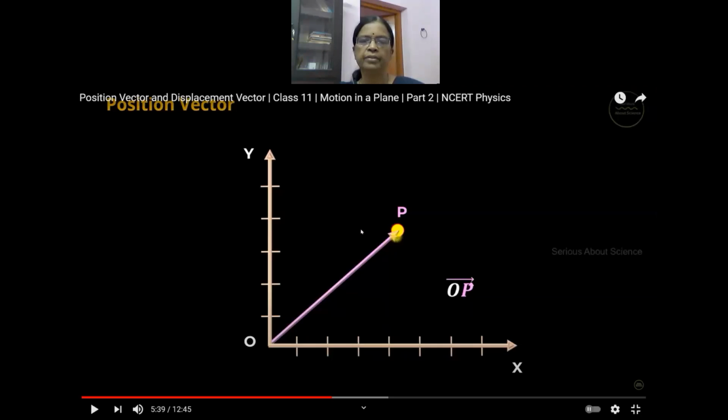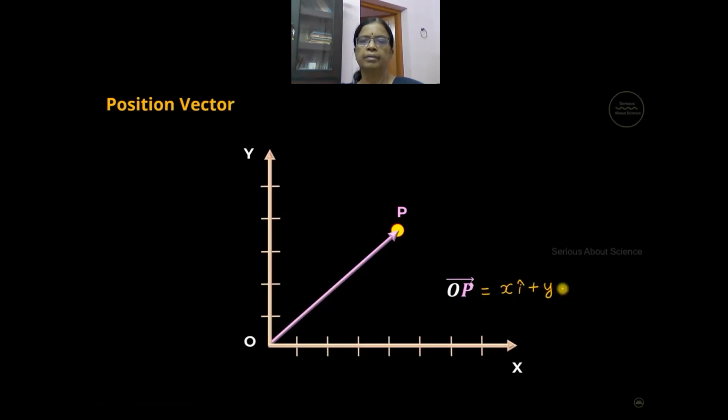J cap. So for J cap, okay. So that is the position: for I cap plus for J cap. Vector OP can be written as for I cap plus for J cap. It is at a distance of h units along the x-axis. We can represent this position vector as h I cap plus y j cap. So that is how you represent the position vector.